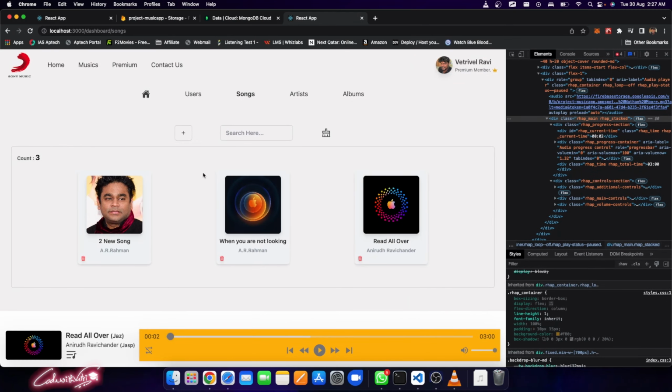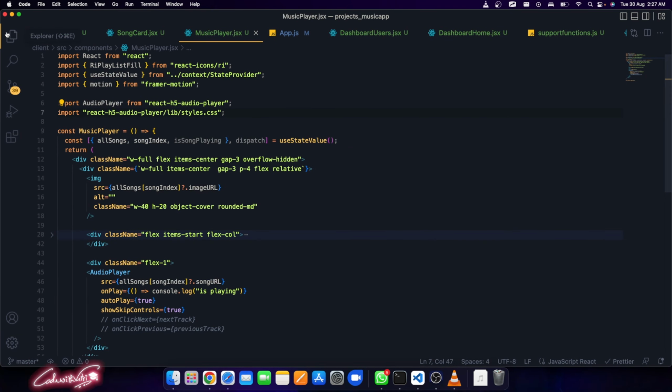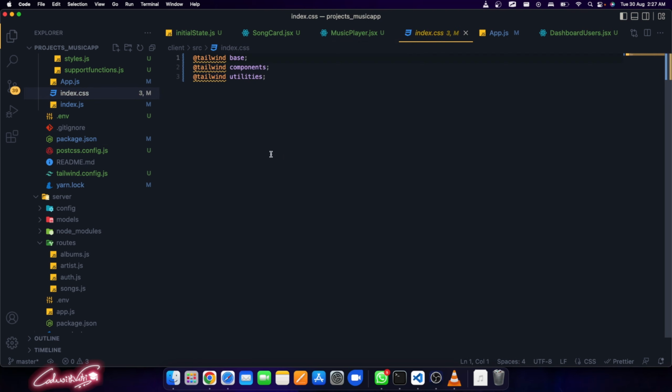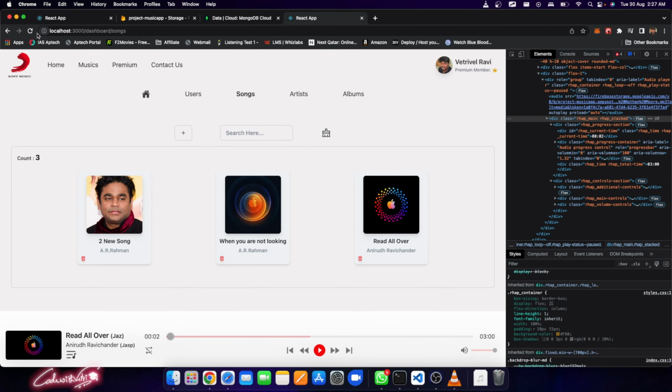Fine, so now what we need to do is go to our styles, the initial styles. I'm just going to copy and paste the complete styles which I edited for this. Here I'm going to open my app.css, as the index.css right over here, paste those styles, save the changes, and look at that, the styles are applied exactly